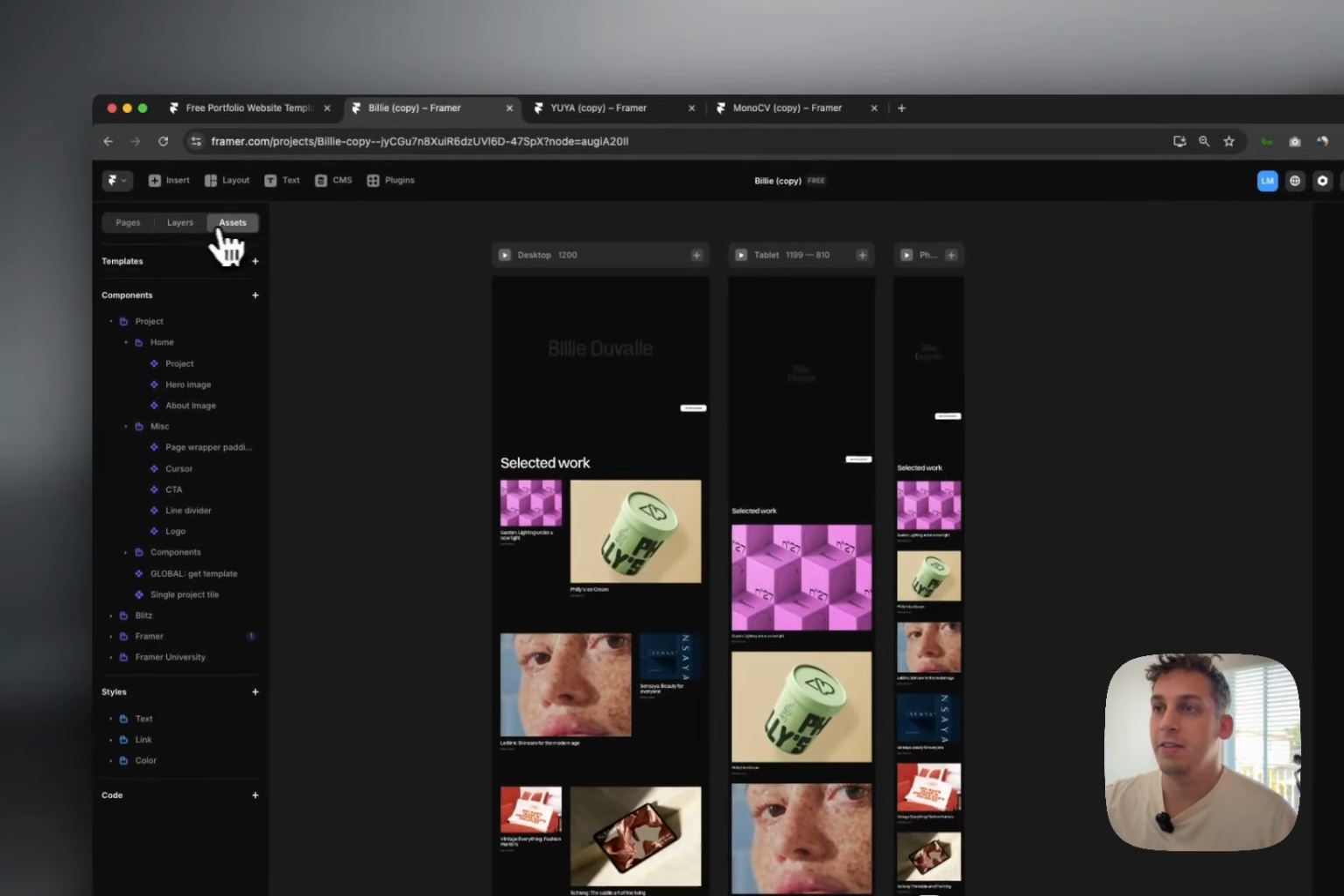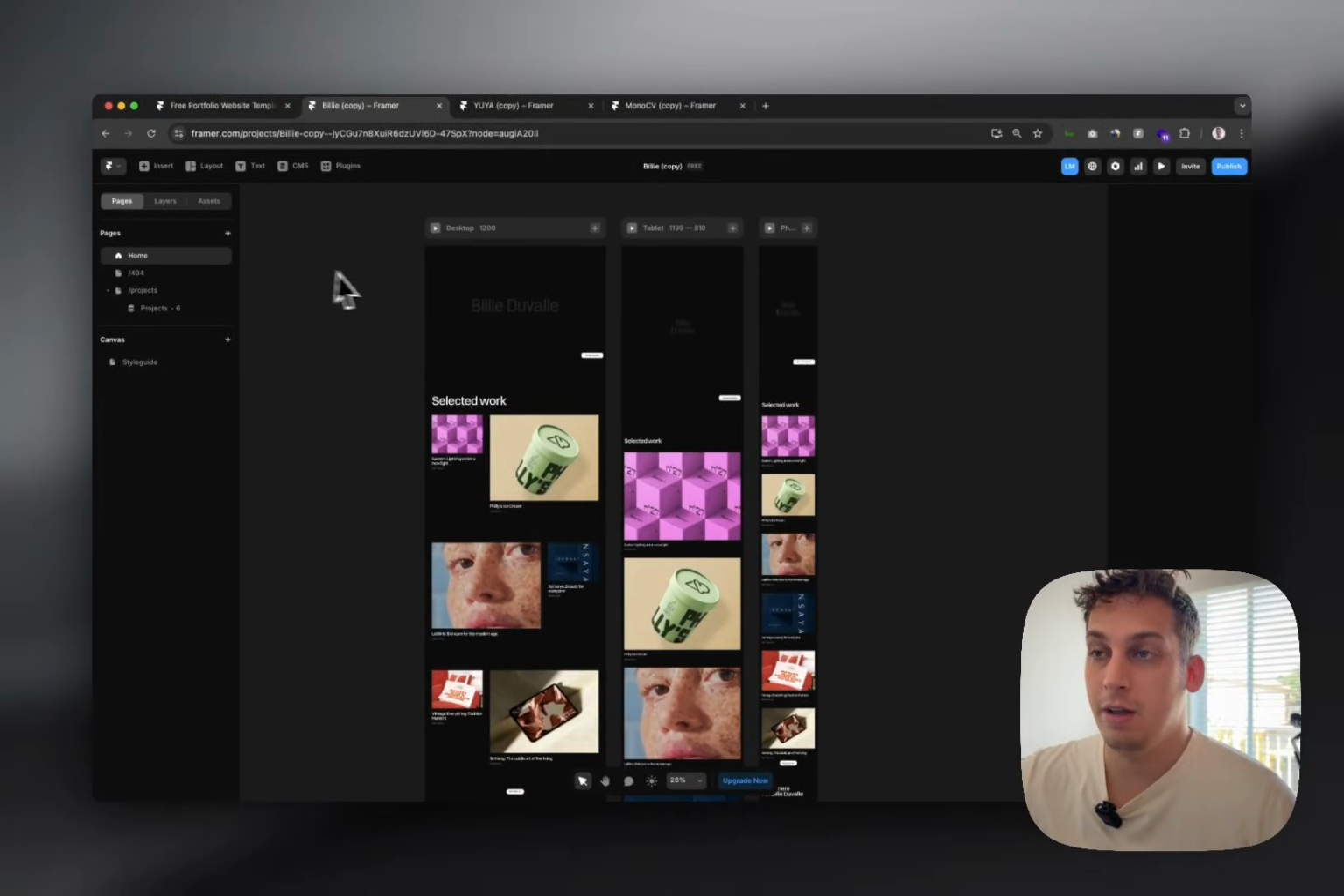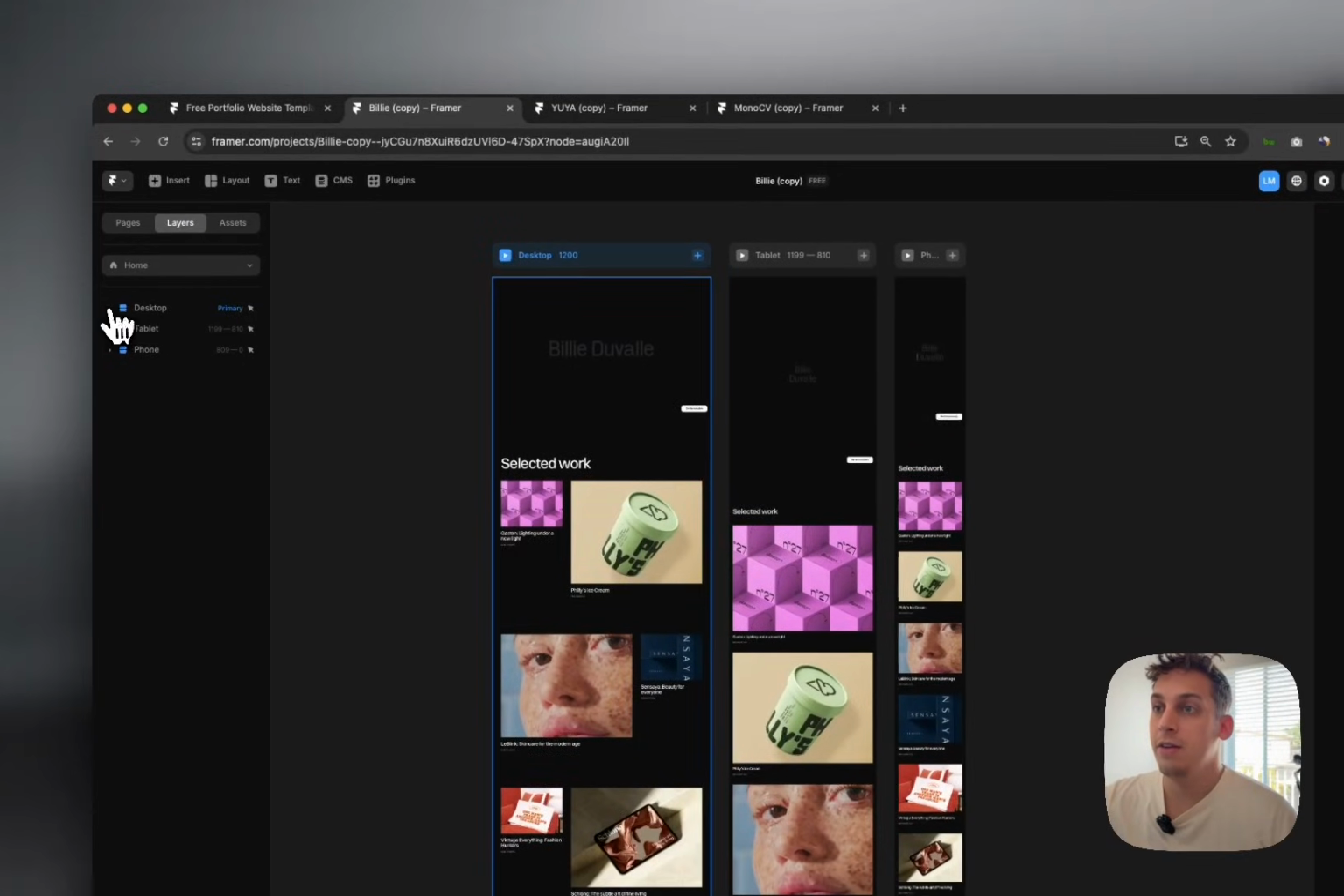Now the next thing to see here is the layers, right? So we're going to move from the assets to layers. We saw the pages already. This is just a simple page structure. You can click on one of these pages. I'm going to click on the home one, and then under layers, you're going to always start off with the